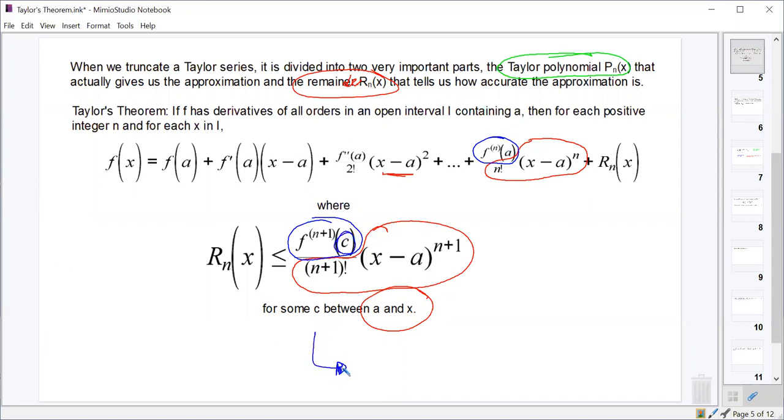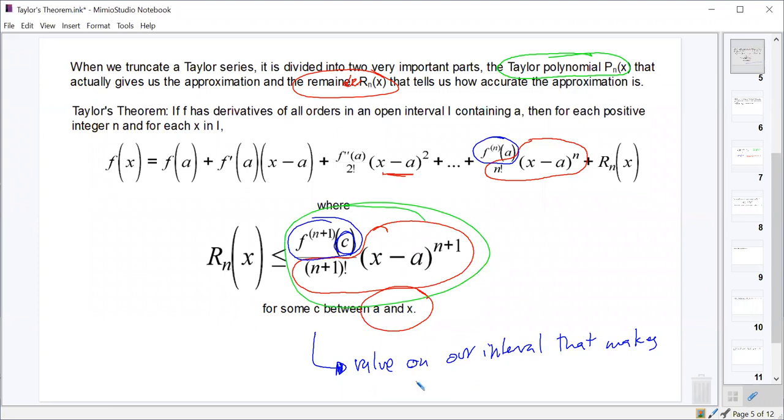And the value c that we choose is the value on our interval that makes this whole thing the largest. Right, because normally we do this at the center of our approximation